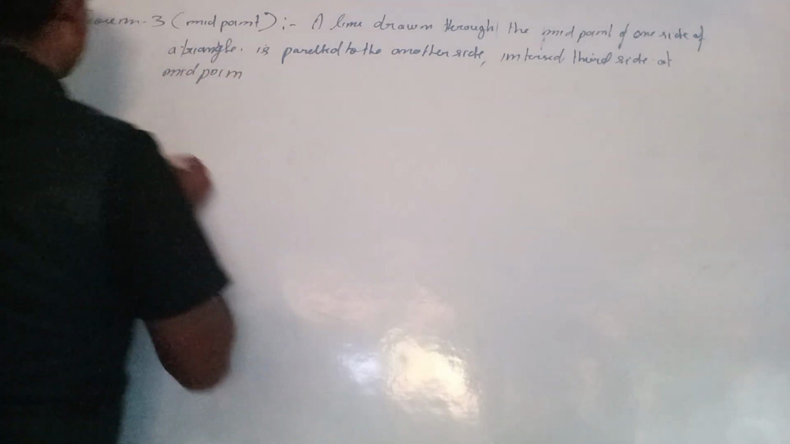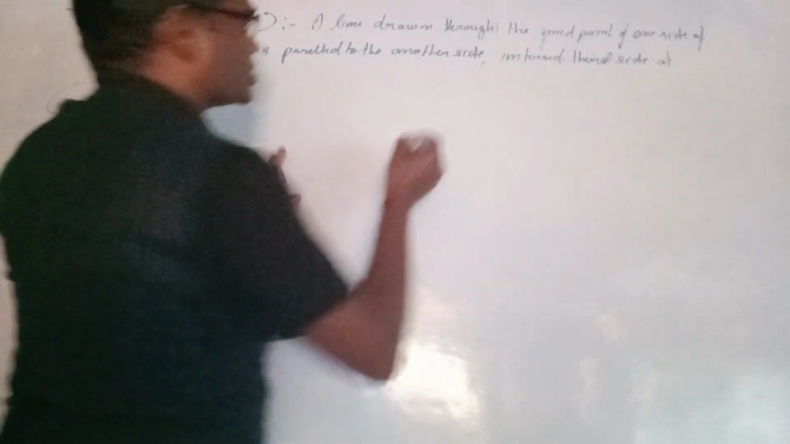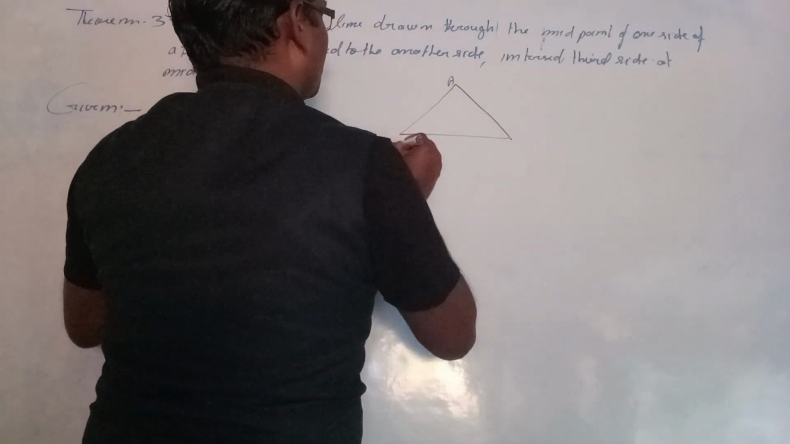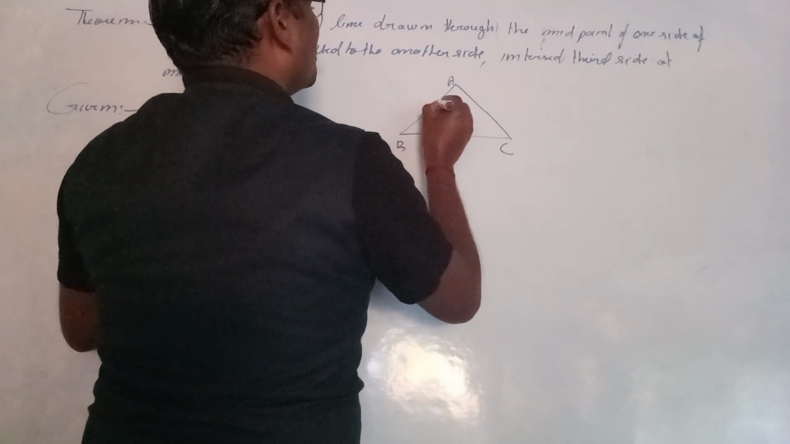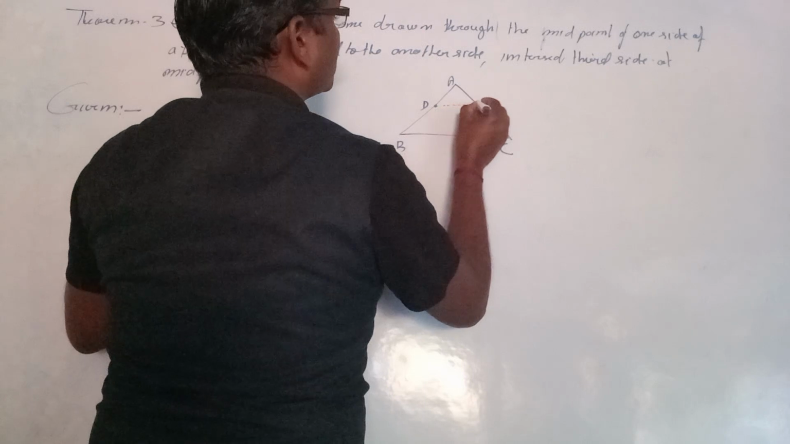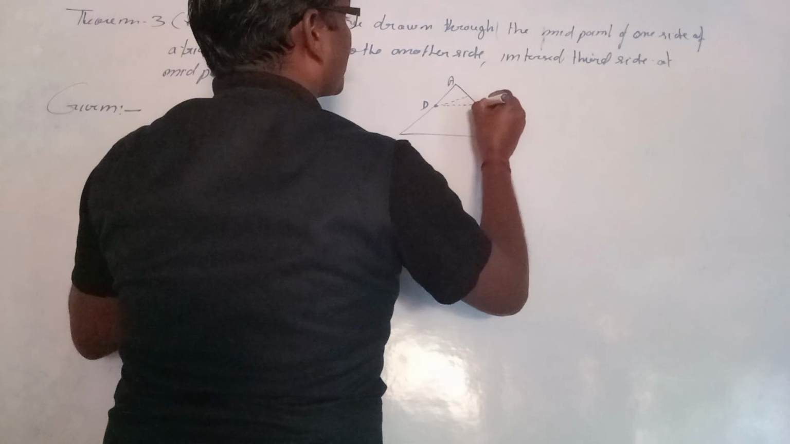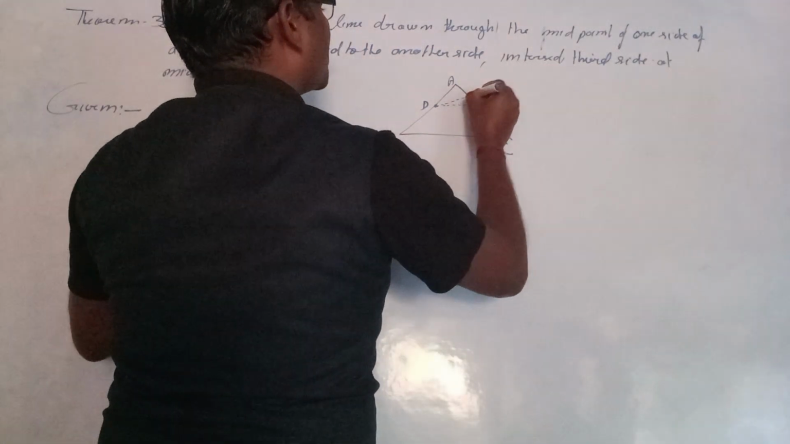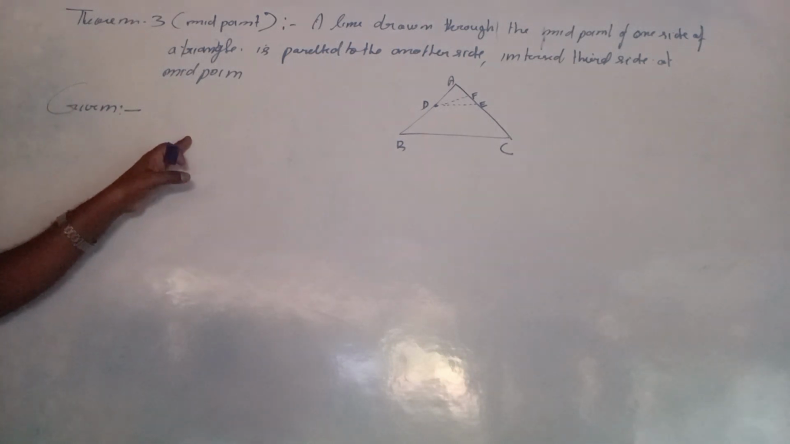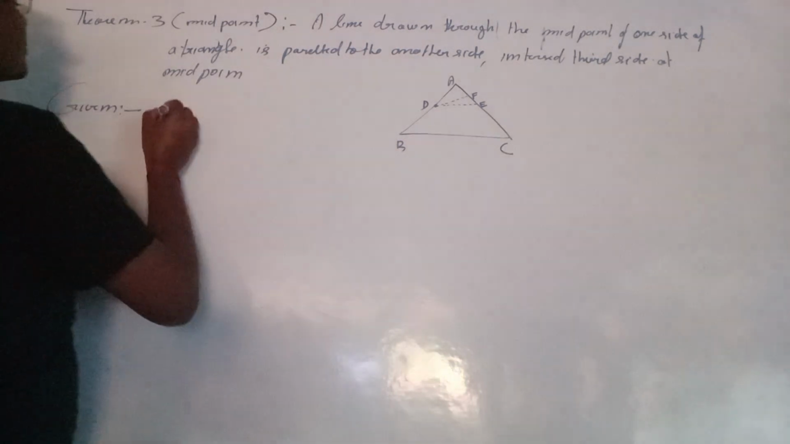Suppose, you will write here, given: we will construct a triangle. ABC is a triangle where D is the midpoint, a line is drawn, and this is E. Suppose that F is a construction we have constructed here. So here is the construction I have done. Here is the given triangle ABC,